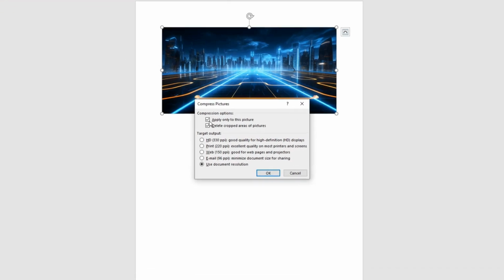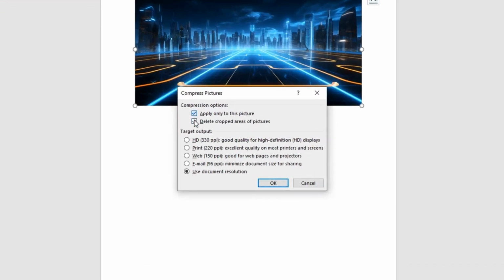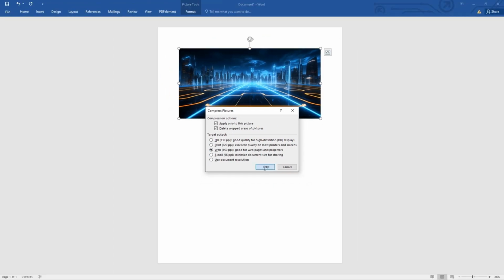Now in the Compress Pictures window, the first two checkboxes configure the changes you can apply to all pictures or just select one, and delete the cropped areas of the pictures. While below the boxes are a series of options that allow you to choose what image quality you want to use or how much images are compressed. After selecting an option you prefer, select OK to save the changes, and you have now compressed an image file